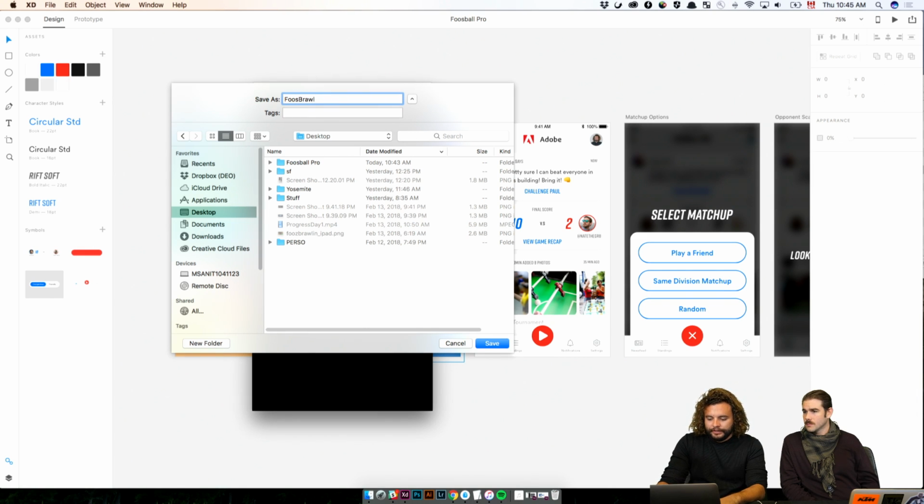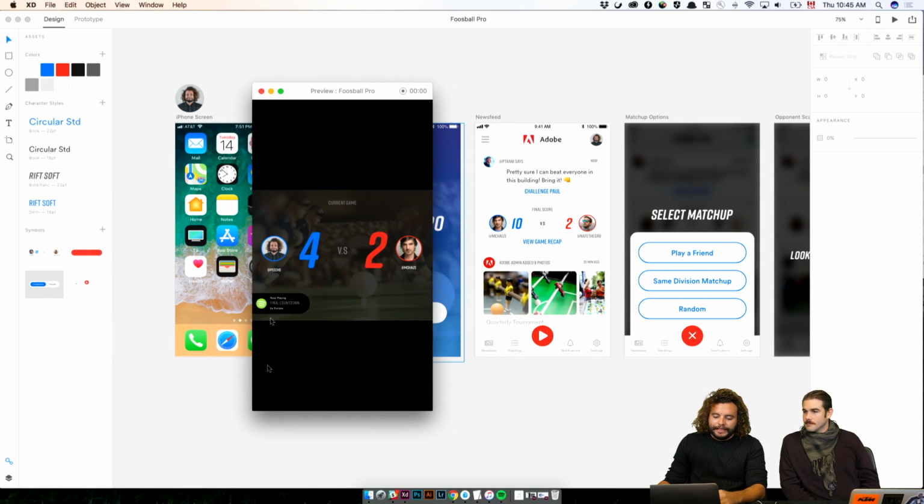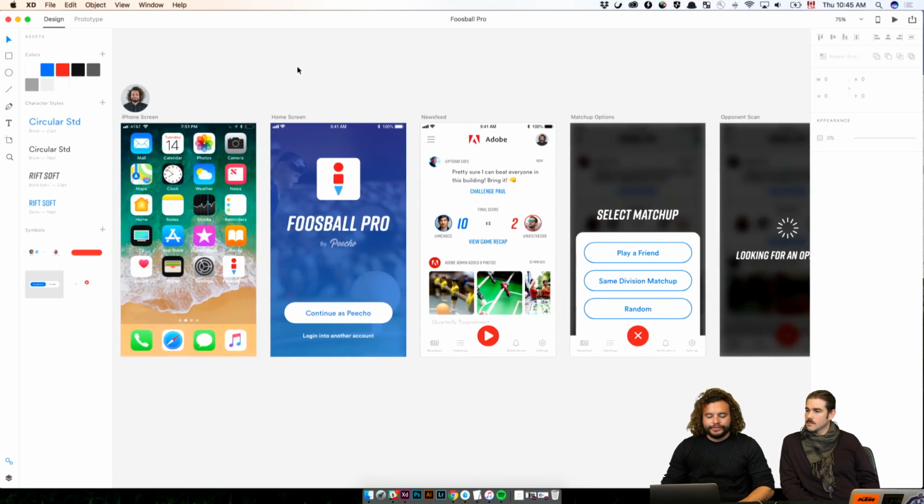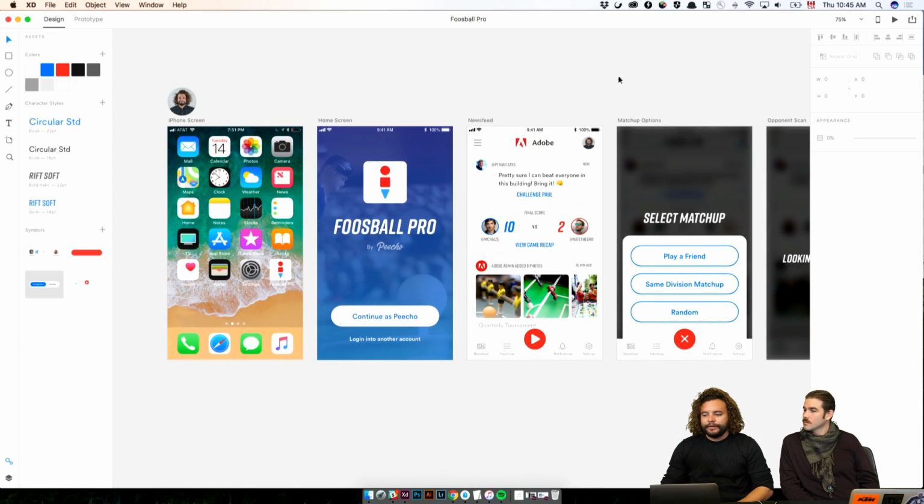Foosball V1, save it there, and at this point I could just pop it in my Slack channel, ask for feedback, set the stage, and all that stuff. But now one thing that I want to do is to show how you share it with